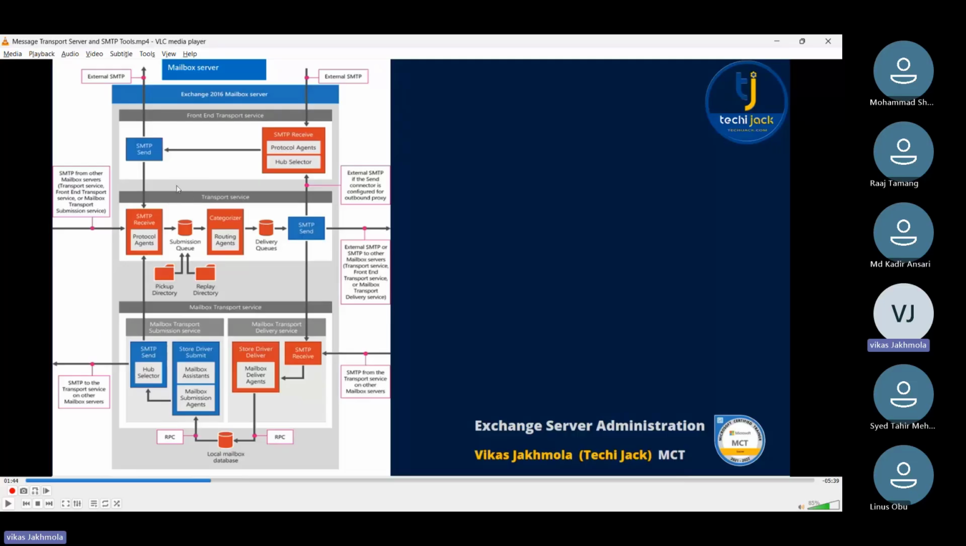And in the transport service, when the message comes to this transport service, at this end we have some categorization. Here the message is checked, and the rules are applied on the message from here, and then they submit it to the mailbox transport service. And inside the mailbox transport service we also have two things, mailbox transport submission and mailbox transport delivery. So this has a store driver, delivery, mailbox delivery agent, and it has mailbox assistant, upselector. These are something we are not going to deal with in real life, but you can just understand the things